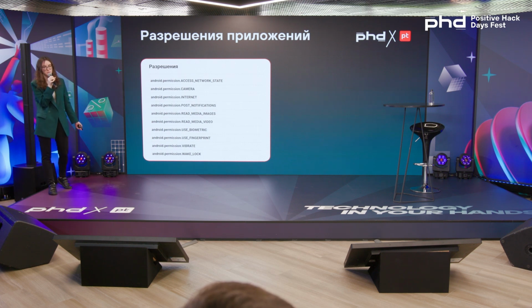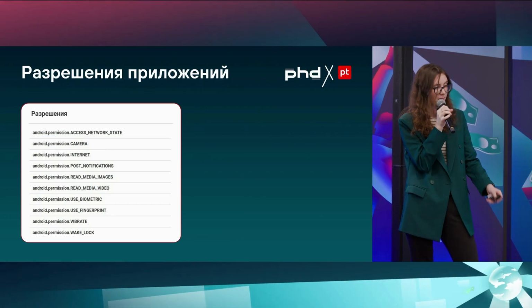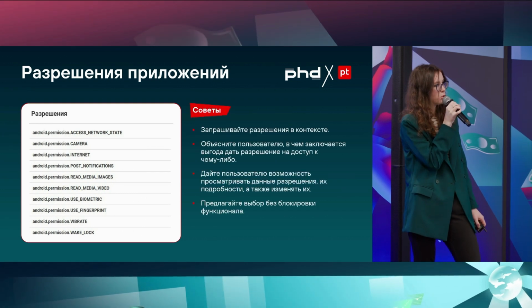And here you can see that it is extremely user-friendly. Well, if you know English, you would be able to see that these are permissions for getting access to the camera, to the internet, to various alerts and notifications, etc. But why? I'm struggling to understand.